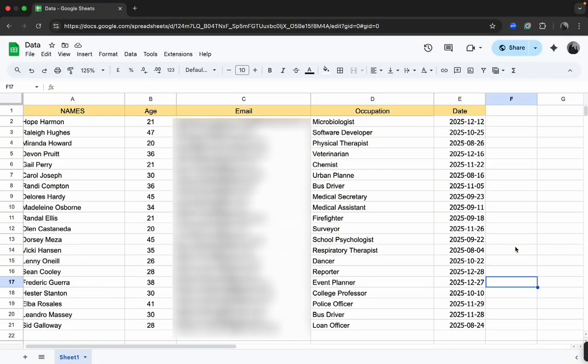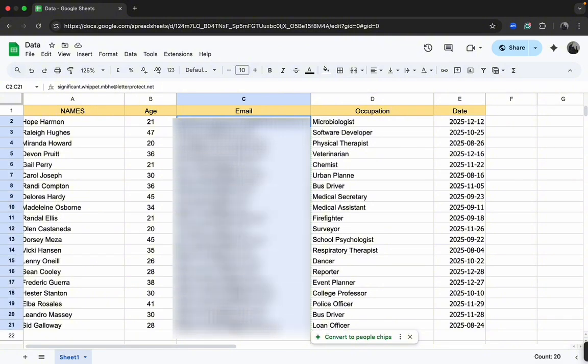Hey guys, for this video, I'm going to show you how you can allow editing only in certain cells when you're sharing your Google Spreadsheet. So first you want to select the data range that you don't want to allow to be editable or you